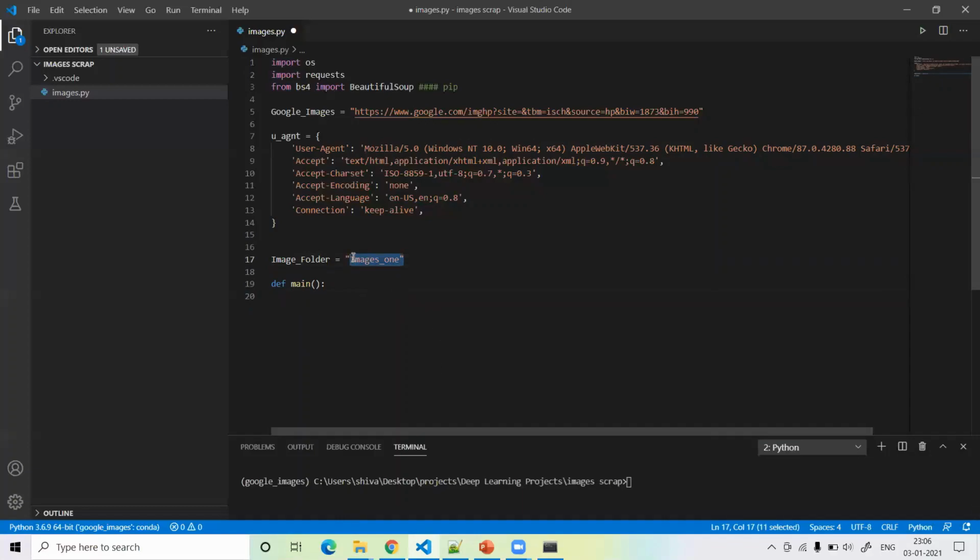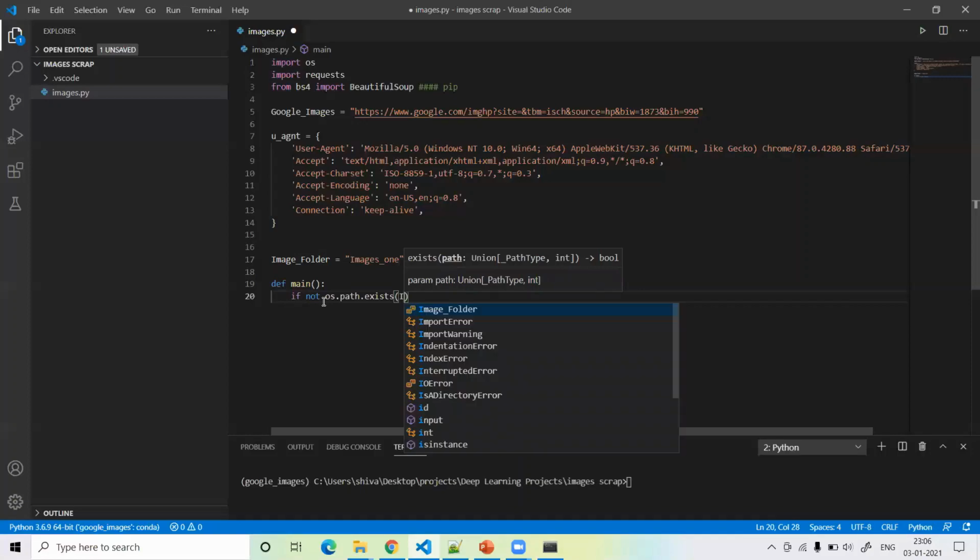If the folder does not exist, then create a new folder and then store our dataset, guys. So I define def main function, and then if not os.path.exists, check our image folder.